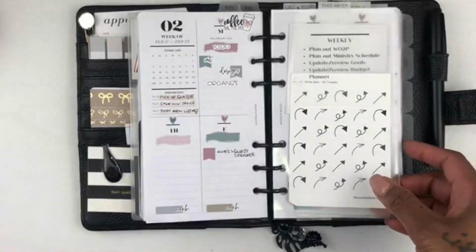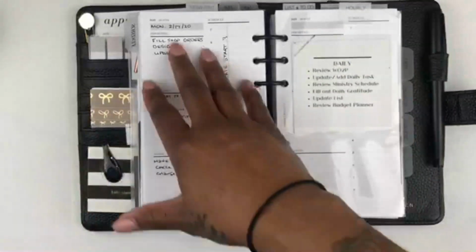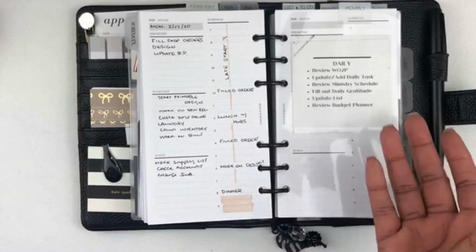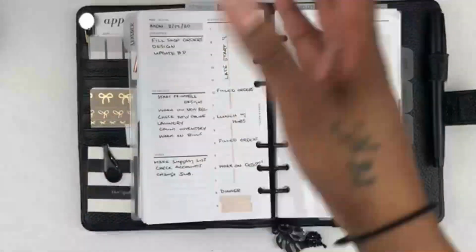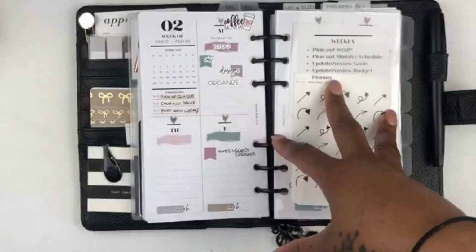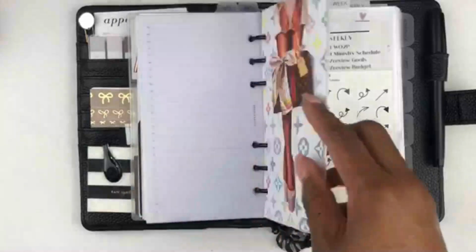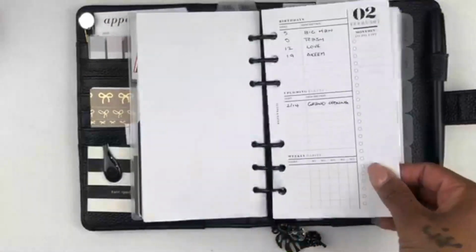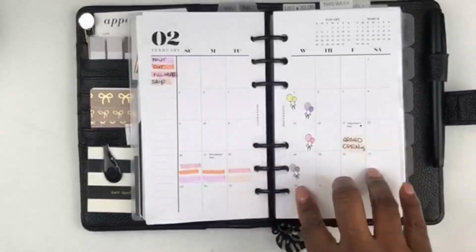And then on each day, I go to my dailies and I will write what I need to do for the day. And then at the end of the week, or sometimes if I don't have a lot to do throughout the week, I'll just update my weekly. Again, my weekly is serving the purpose as an overview. I don't really do much on my monthlies. All I really do on my monthly is typically just put little balloons and stuff to remind me